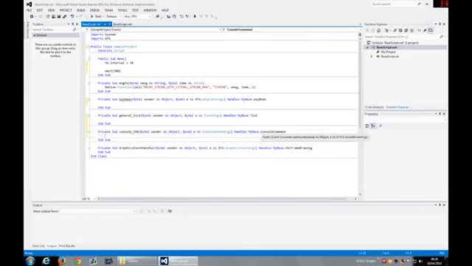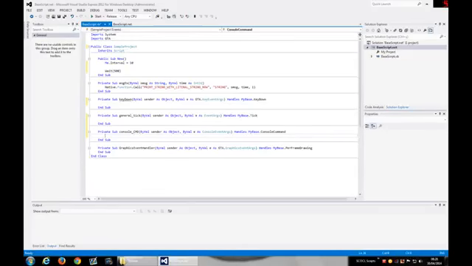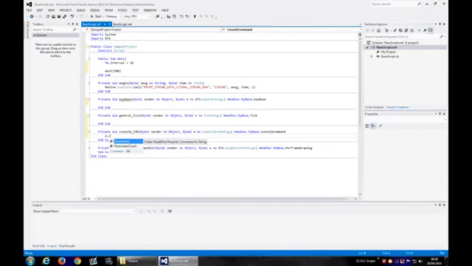The ConsoleCommand is an event that will be triggered when the user inputs a command on the console, and using this variable here we can access the commands that the user inserted. Using the parameter, we can access the parameter that the user inserted. For example, if he puts teleport in the console, if he puts teleport 1, teleport will be the command, 1 will be the parameter, the first parameter.